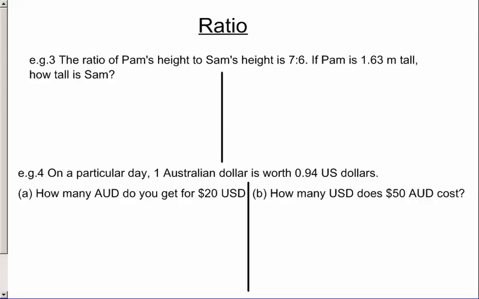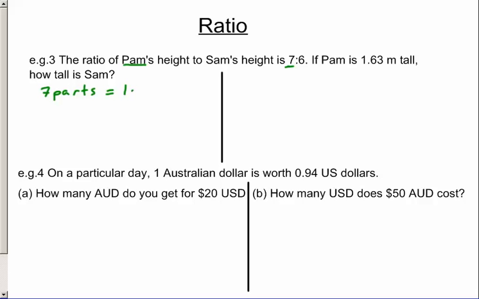The ratio of Pam's height to Sam's height is 7 to 6. If Pam is 1.63 meters tall, how tall is Sam? Again, we're going to look at 2 methods. The first one we're going to look at this time is the unitary method. What that tells us is we have 7 parts, which represents Pam, she comes first. So 7 parts